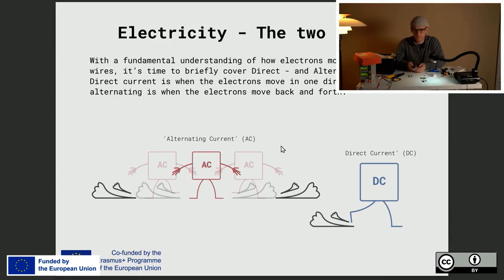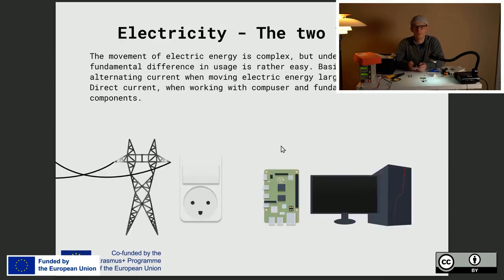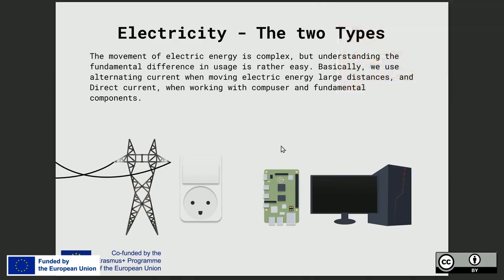That being said, there are certain restrictions to each type of electricity. We use the direct current a lot when we work with computers, for example, because all the components that are used in the digital electronics universe need this type of electricity to work. And then we have the alternating current, which is mostly used to transport electricity over extremely large distances into, for example, households from